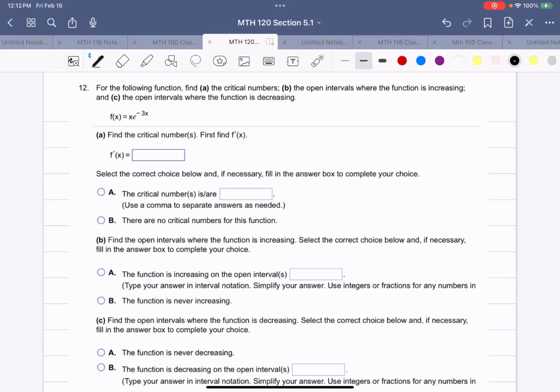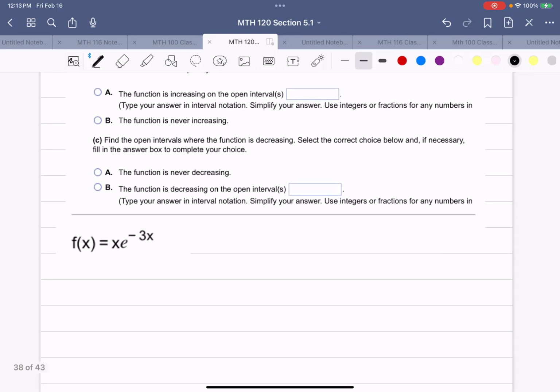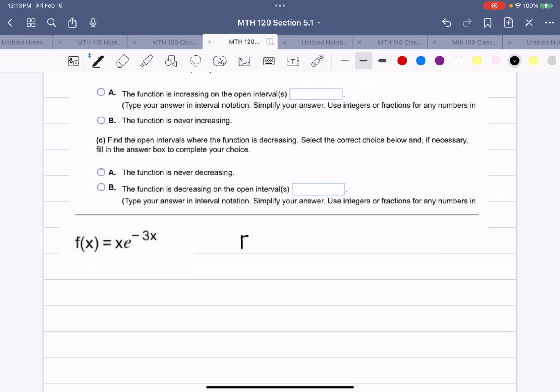Example 12. For the following function, find A, the critical numbers, B, the open intervals where the function is increasing, and C, the open intervals where the function is decreasing. Our function is f of x equals x times e to the negative 3x. This is going to be a product rule where our first function is x and our second function is e